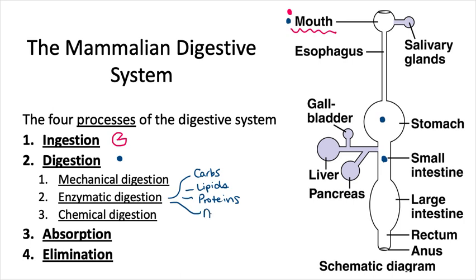acids. Now, we don't think about our diets being very high in DNA and RNA, but all of the food we eat comes from living organisms, whether it be plant, fungi, or animals. And so if our food comes from other living organisms, then it will contain all 4 classes of macromolecules, even nucleic acids. And then finally, chemical